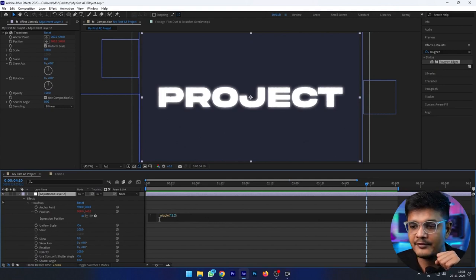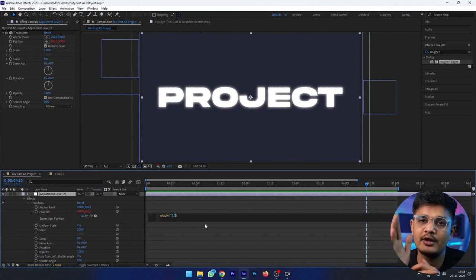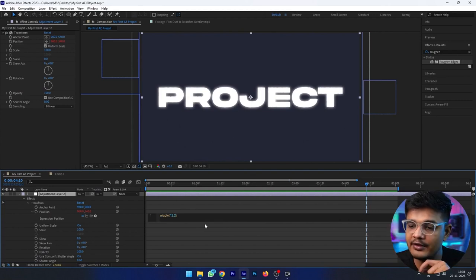We added wiggle on position, so the position will change by only 2 units. Like if the position is 100, it will go either to 102 or 98. 12 times in a second, and this is a 24 frame per second composition, so in every 2 frames it will change its position.